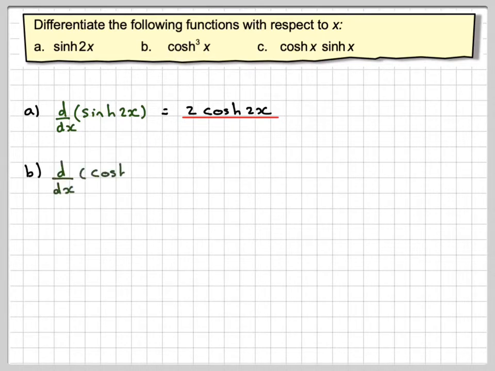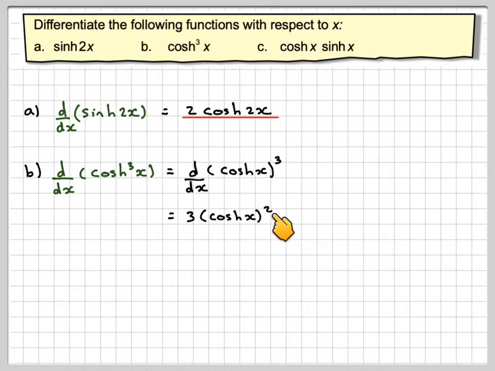B, if you want to do d dx of cos cubed x, it's better to think of it as d dx of cos x all cubed. Now what you do with the chain rule, you take the 3, you bring it down in front, write down the function and reduce the power by 1. And then you differentiate inside the brackets. The differential of cos x is actually sinh x. And then we're going to rewrite the answer as 3 cos squared x